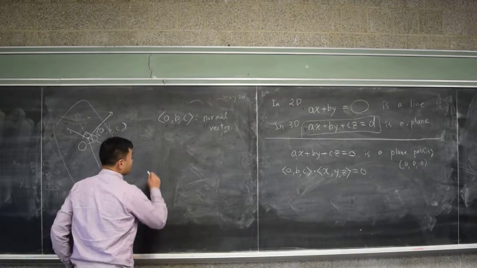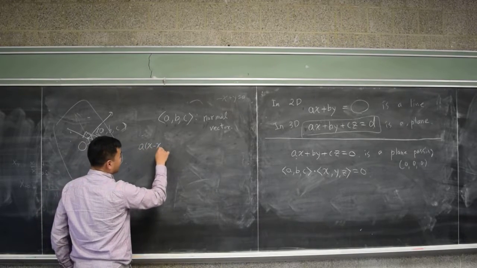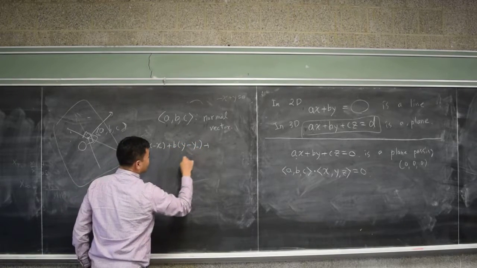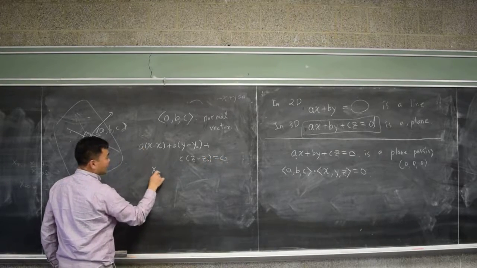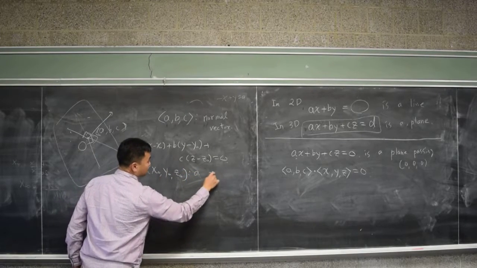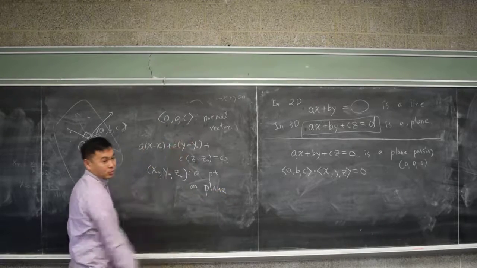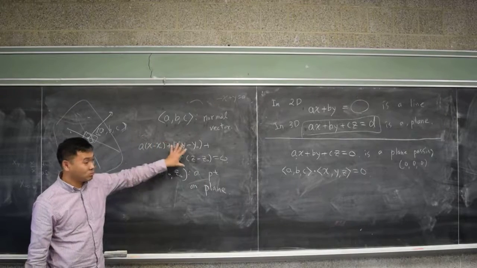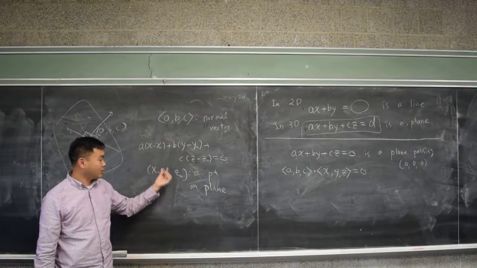And in general, the equation of the plane is like this: A times x minus x naught, plus B times y minus y naught, plus C times z minus z naught equals 0, where x naught, y naught, z naught is a point on the plane. So that's how you write down the plane equation in 3D. Plane equations look like this, where A comma B comma C is a normal vector, x naught, y naught, z naught is a point on